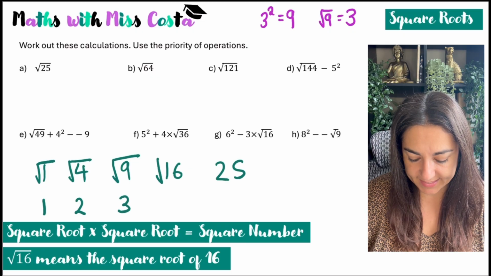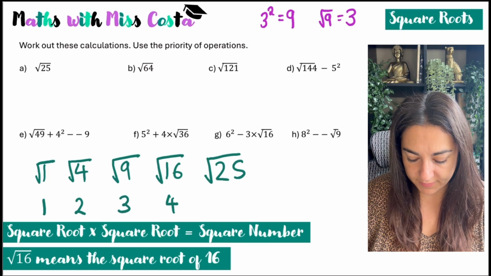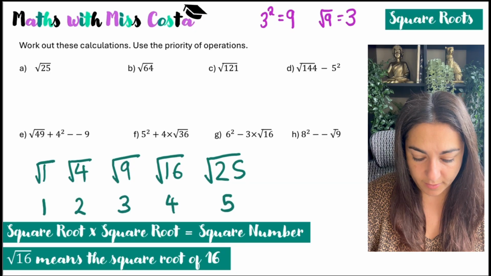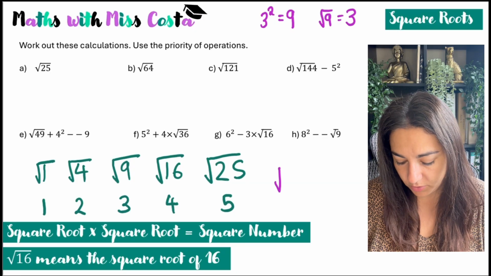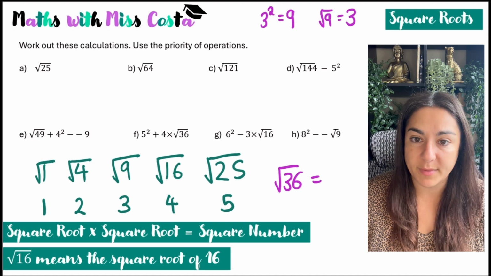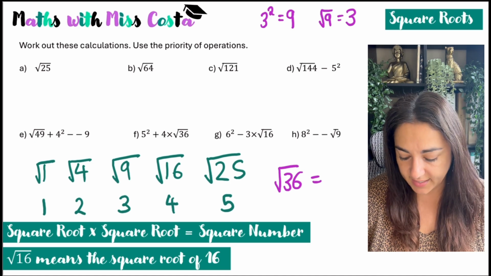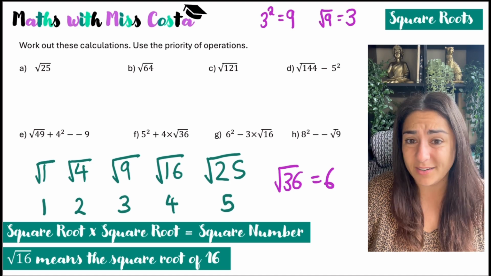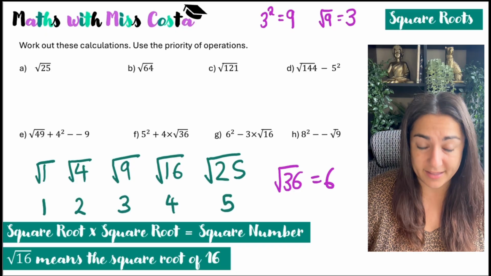The square root of 16 is 4. The square root of 25 is 5, and so forth. To double check, if you're like, okay, what could the square root of 36 be? Well, let me think to myself, what number times by itself makes 36? Oh, that's 6. So square roots are going to, if you're being asked to calculate them on a non-calculator, they're